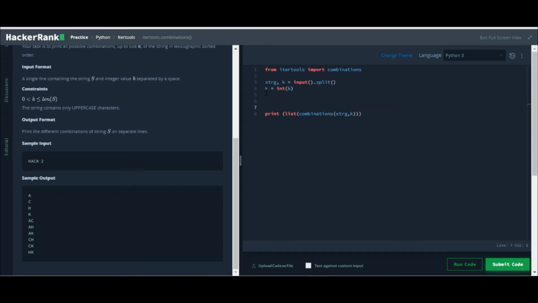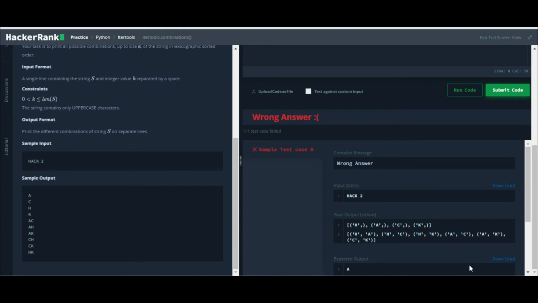So we can use a for loop: for i in range, I'll start with 1 to k plus 1, and we will do this same thing. But here instead of k I'll use i. So it will make all the possible combinations.